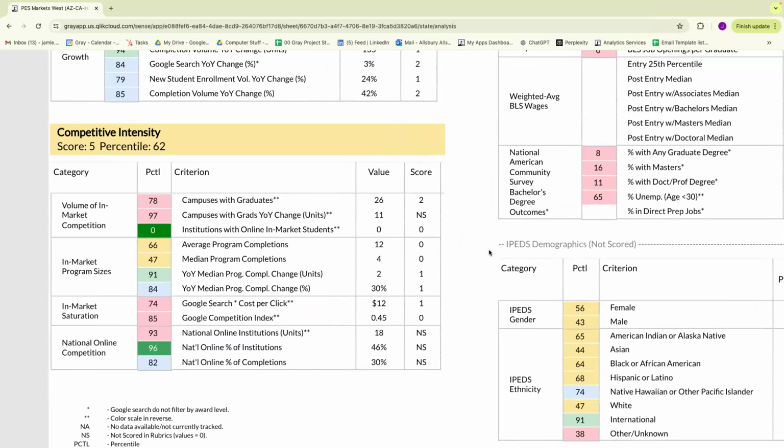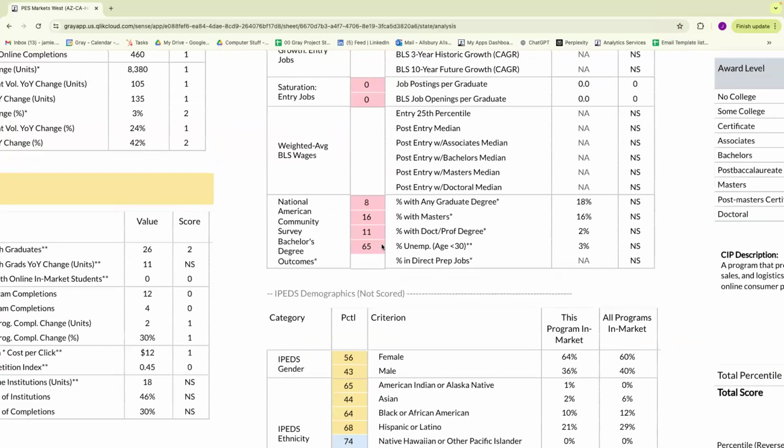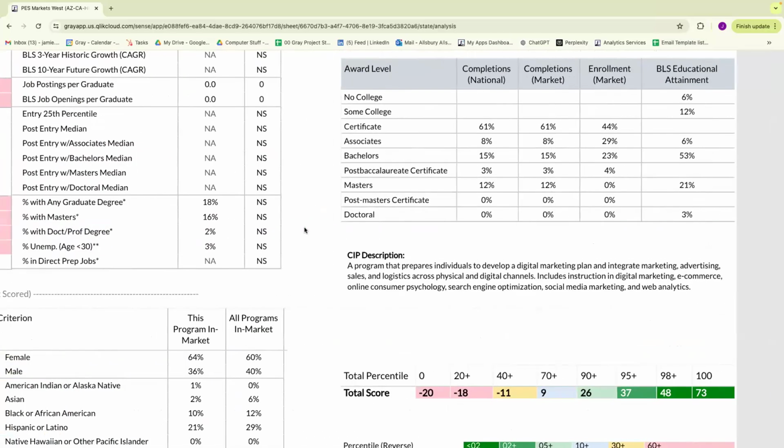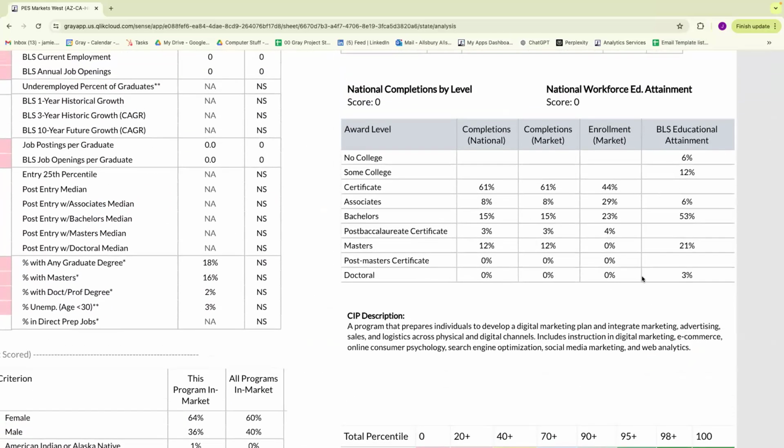I'm a little concerned too. The median program completion is actually very low. Yeah. So that indicates that this is probably quite a small program at most institutions. I would have expected it to be quite a bit larger. And I wonder if it's because of the award level that I have it offered at, where I wanted to look at what it's actually being completed. Yeah, it's mostly a certificate.